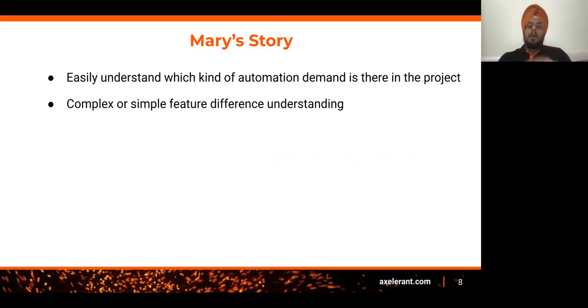Next one is understanding the difference between complex and simple features. That is a very basic thing which I just mentioned here, because I've already given one example in the past slide, so let's take an example again. There is a login, and then after the sign up, the captcha is there. If there are only two fields, username and password, and the sign in button, then definitely this is a very simple feature